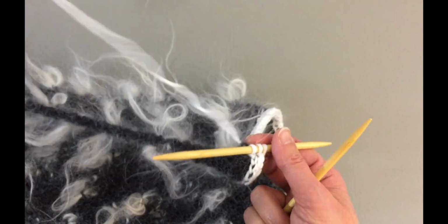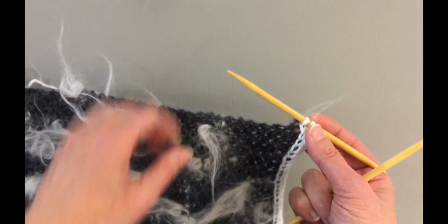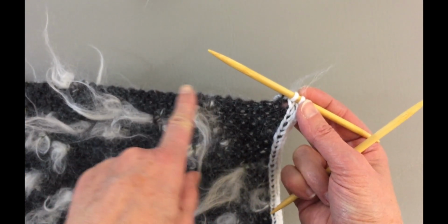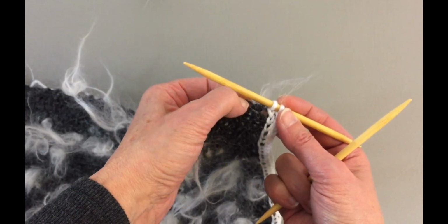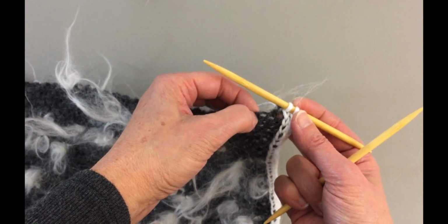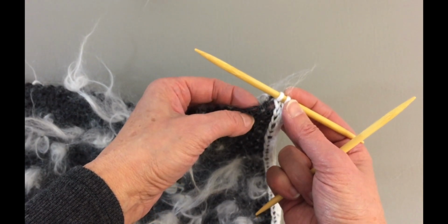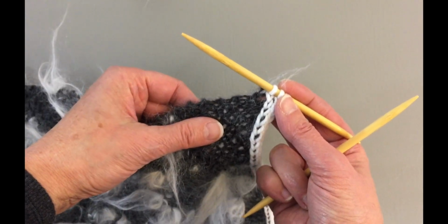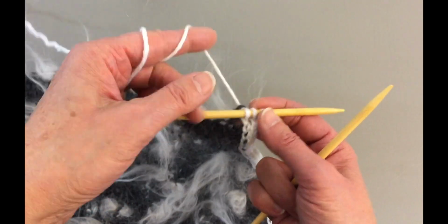So now I need to start working on, let me put it this way so you can see, we will have to start working here on this edge. We will be picking up the long ones, not the knots, but the long thread. You can see it right here. But before we do that, we will knit